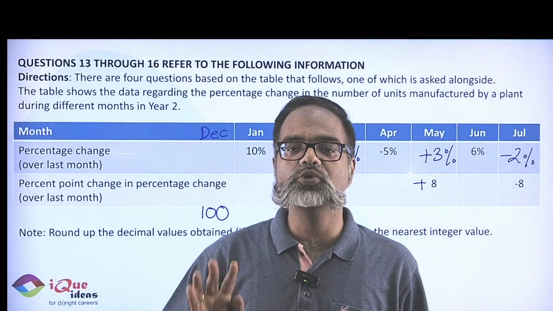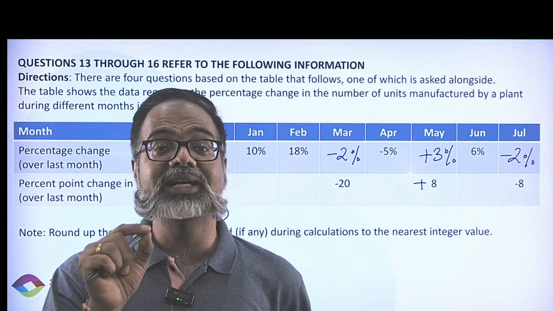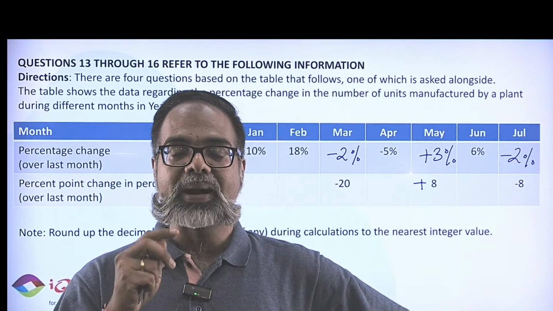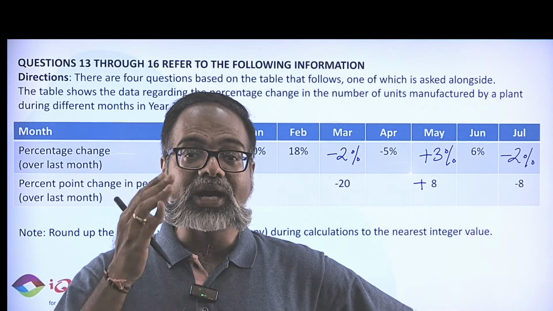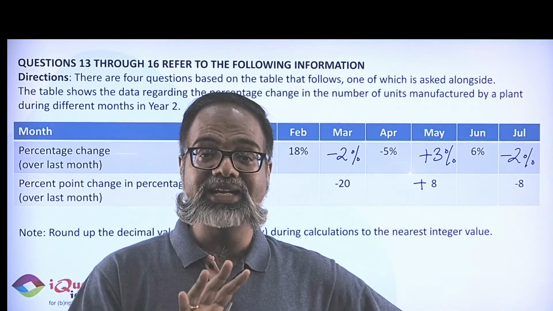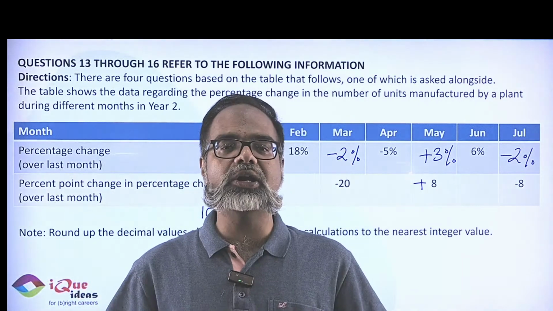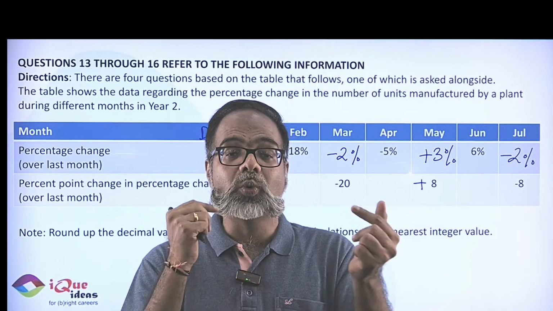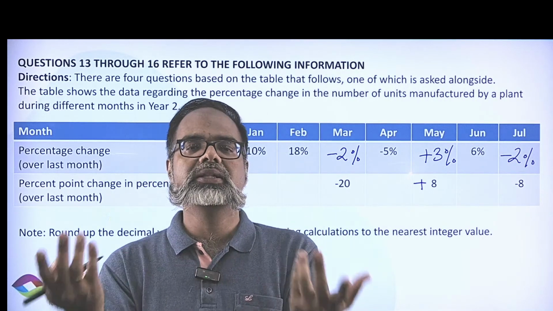This was the crucial part of understanding the problem, right? What exactly is meant by a percentage point versus a simple percentage? So if I say my original number is 120% and there is a 20 percentage point decrease, so it is not a 20% decrease, it is a 20 points decrease. So from 120%, numerically subtract 20. 120% minus 20 is 100%. So once you understand it is the difference between a percentage and a percentage point, this sum becomes easy to calculate.